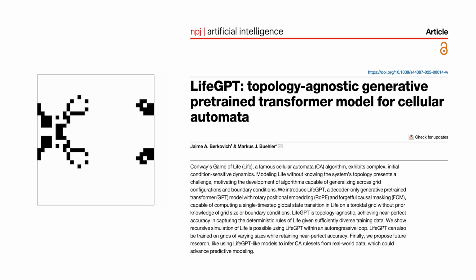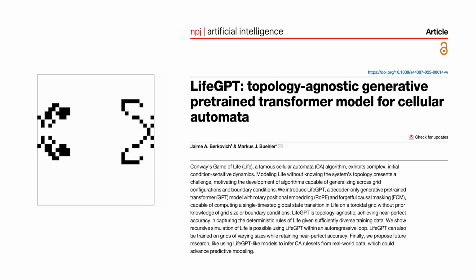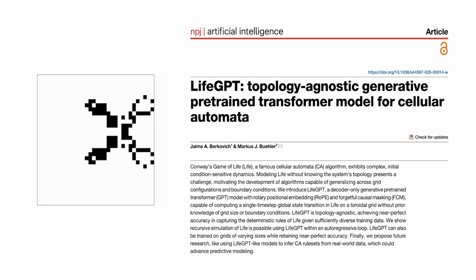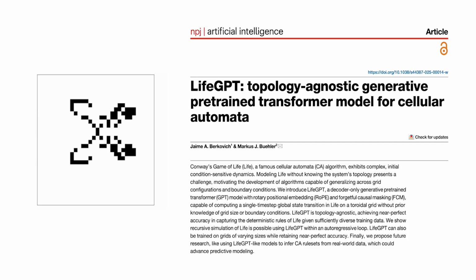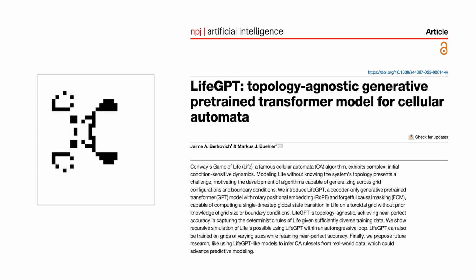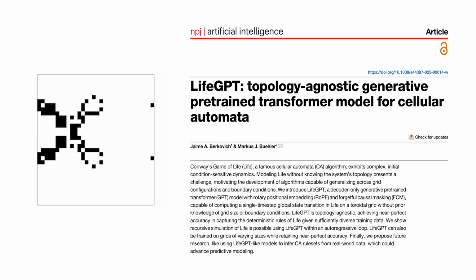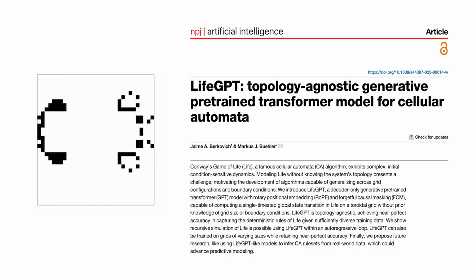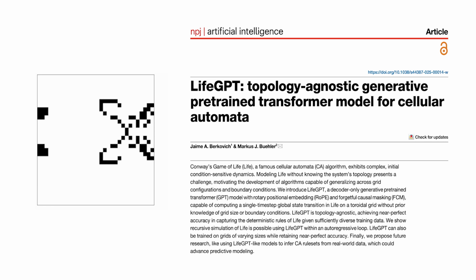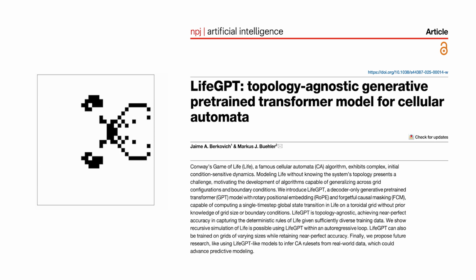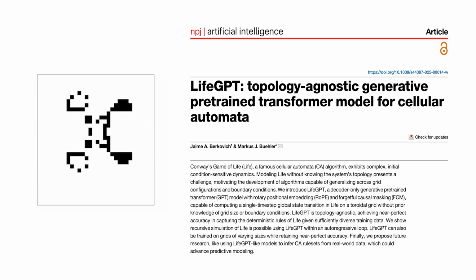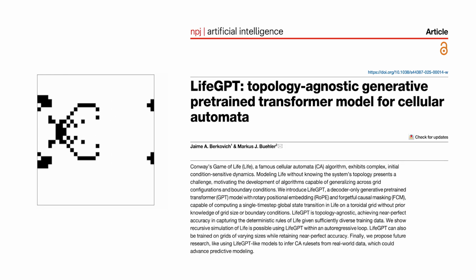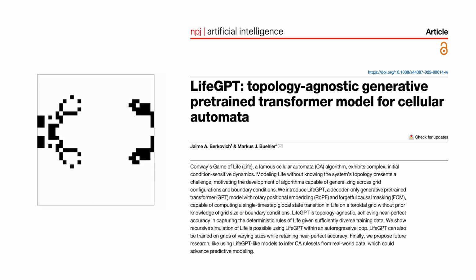But when you run it, you get this astonishing menagerie of behavior. Little creatures that glide, blinkers that pulse, spaceships that drift across the board. And the Game of Life, just to put some pins on the board, has a very specific set of rules. If you're a live cell, think of a light that's currently on, you stay alive if you have 2 or 3 live neighbors. You die if you're lonely, with fewer than 2 neighbors, or overcrowded with more than 3. If you're a dead cell, light off, you become alive, you are born, if you have exactly 3 live neighbors.